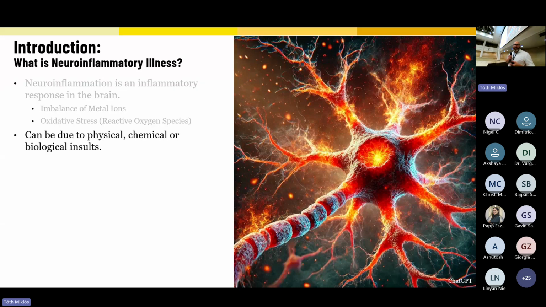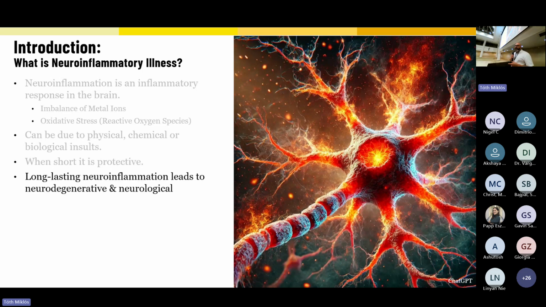The generation of this neuroinflammation can be either physical, like a head trauma, banging your head, a concussion. It can be chemical, like exposure to neurotoxic agents, or it can be biological, like exposure to some sort of virus or bacteria. When it's short, so if it occurs over a very acute period of time, it is beneficial and it is something that your body needs and something that you want to occur because it gets rid of that damage and helps restore your body to a natural way of behaving, a natural homeostasis.